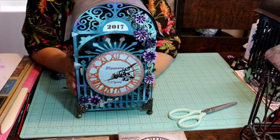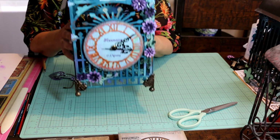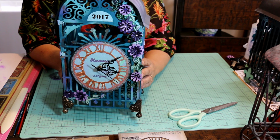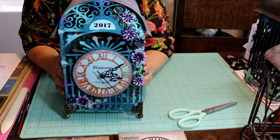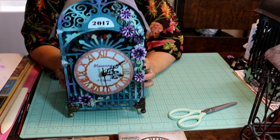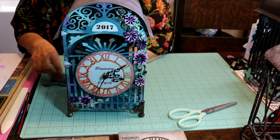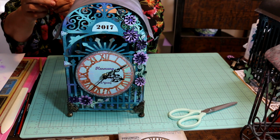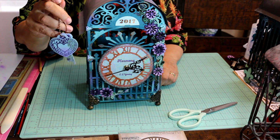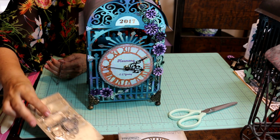So here I am back again, and here's the clock put together, the roof on, feet on, everything else. Oh, and I stuck the flowers on. I did a slightly different design to the other clock. I put a few down here and a few up the side here, and this was just a different arrangement. The only thing left to do is to put the key and padlock on. I've got the Tim Holtz chain